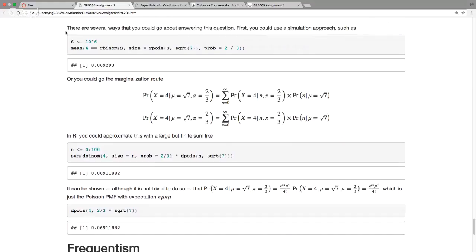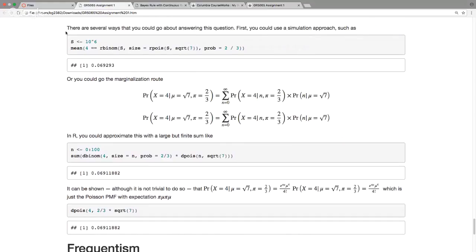So you could start this at 4. You don't really have to go up to infinity because the numbers get very small quickly. It would suffice to just run it up to 100,